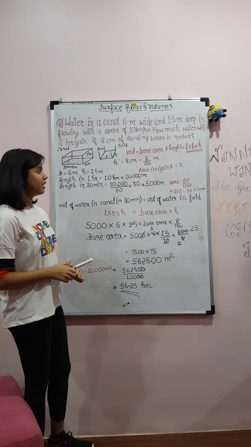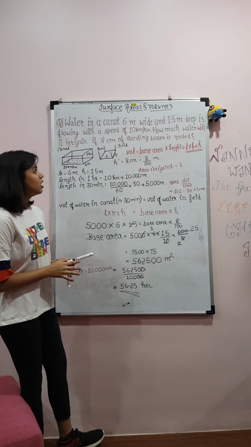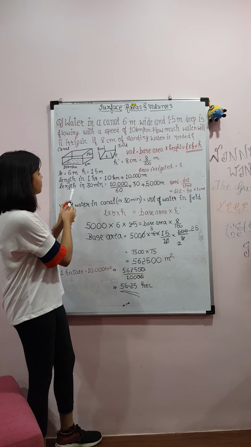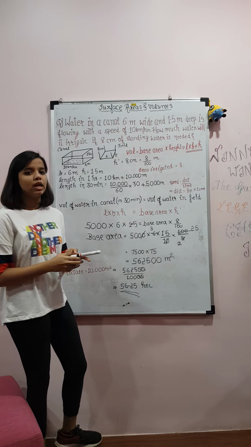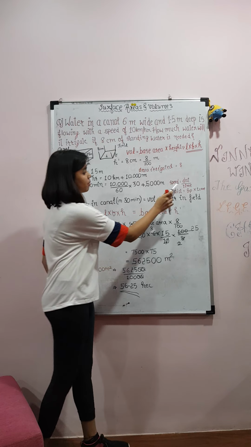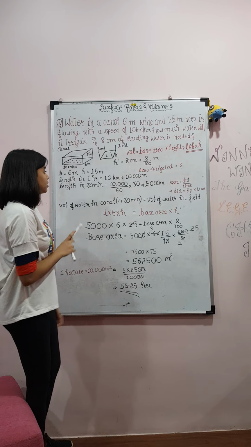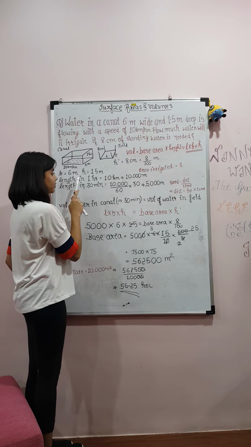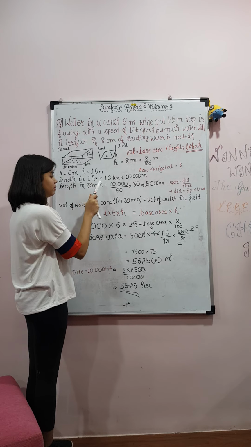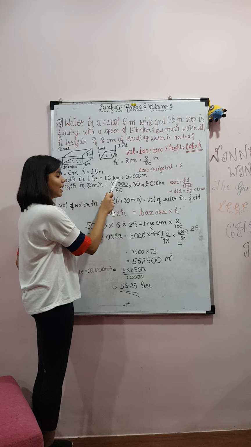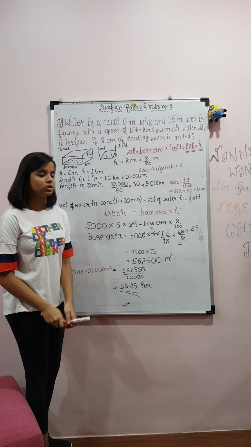Here we don't have the length, they haven't given us the length, but we can find it out from the speed. Here the speed is given, 10 kilometers per hour, and we know the formula: speed is equal to distance upon time. So distance is equal to speed into time. So the length of water flowing in the canal in 1 hour will be equal to 10 kilometer, that is equal to 10,000 meters, as 1 kilometer is equal to 1000 meters.